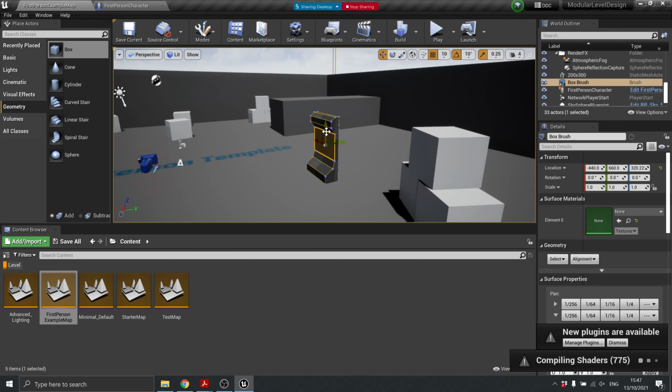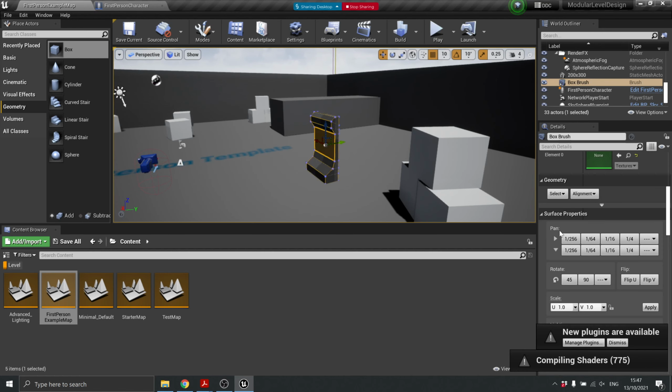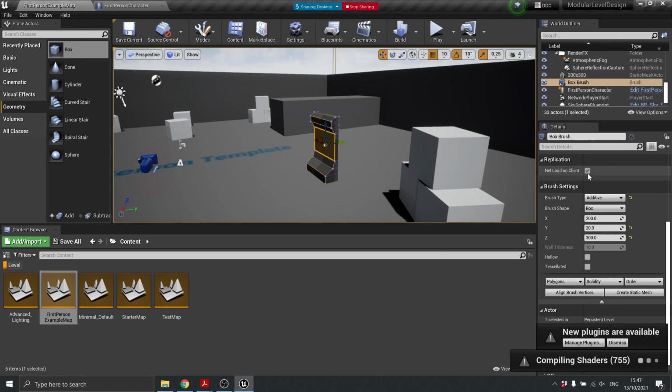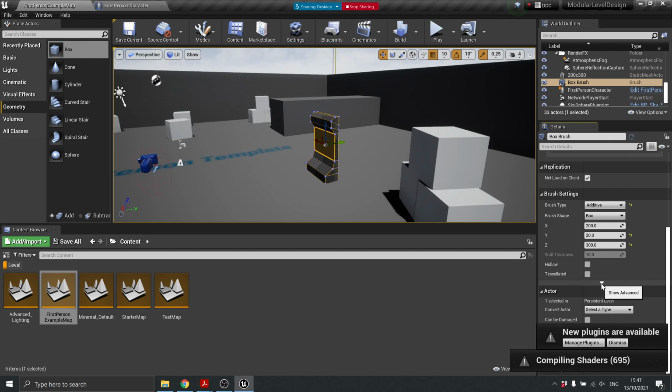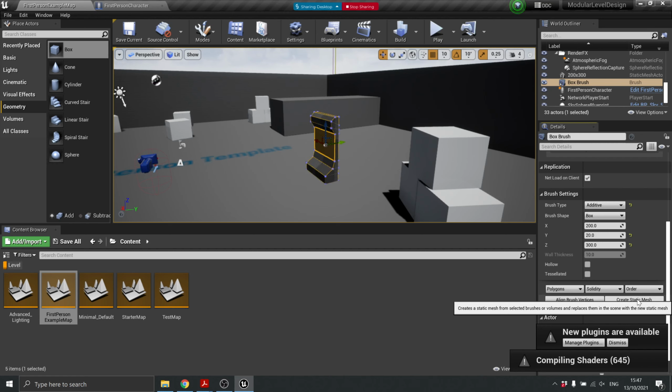Okay. To convert this to a static mesh, just select it. Under brush settings, you'll see there's this little arrow. You click that and there's a button there called create static mesh. That's just going to convert it to a static mesh. Now, I want to keep one of these always a BSP, and I'll show you why I do that, so that now I can create another box,